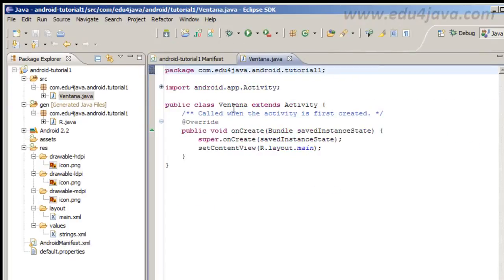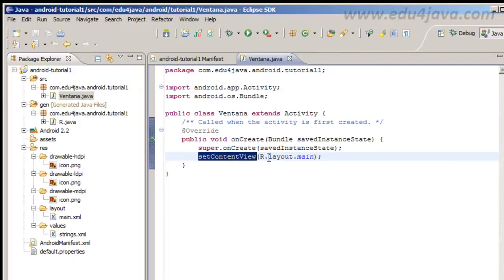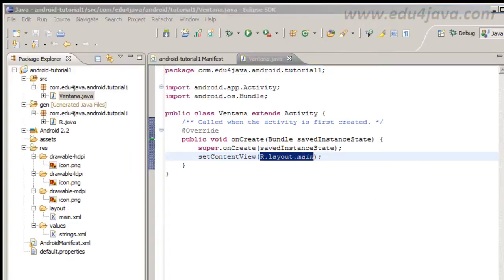Here we have this class that extends Activity. This activity has an onCreate method that we override here. In the first line we call the father, and then we call setContentView, which is a method in Activity that fills the view. We put a parameter here, R.layout.main, that is a resource identifier that points to a